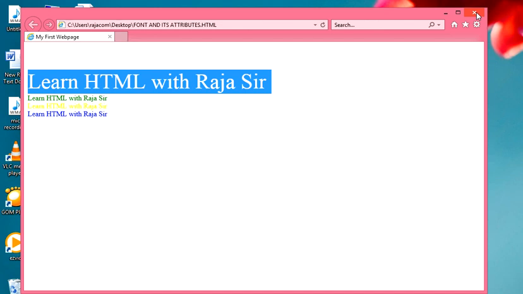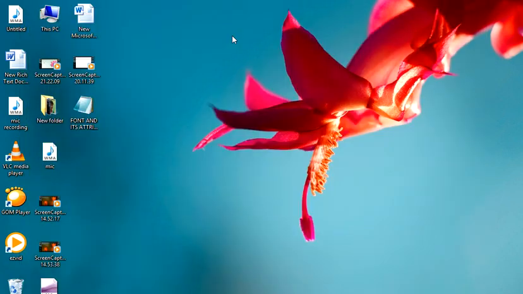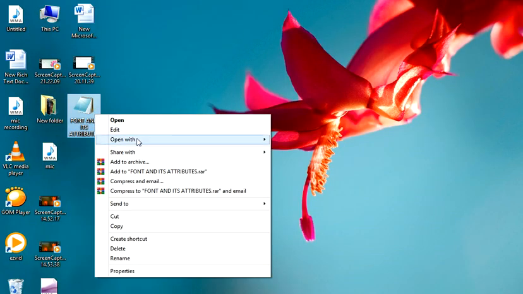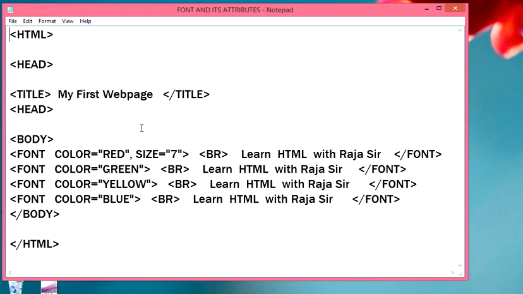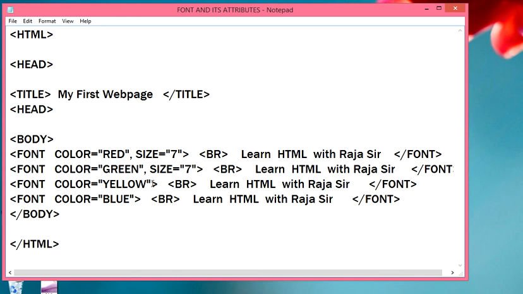If you want to make changes in the size of all, right click, open with notepad, and comma and size equal, you have to write with every code.